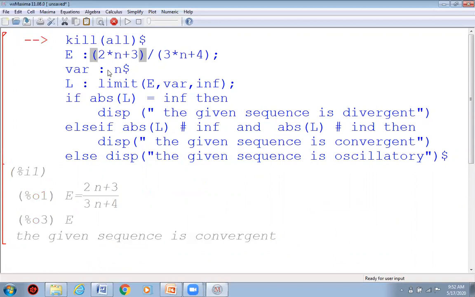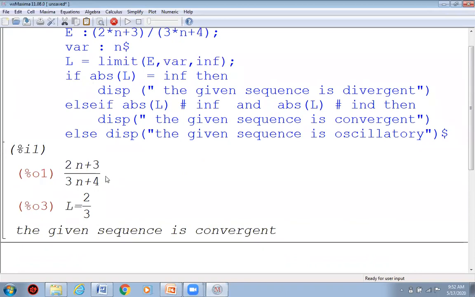All right, let us cross check. Here again, you can see the limit value will be written like this. Here it has been evaluated, but it is written L equals. Fine.